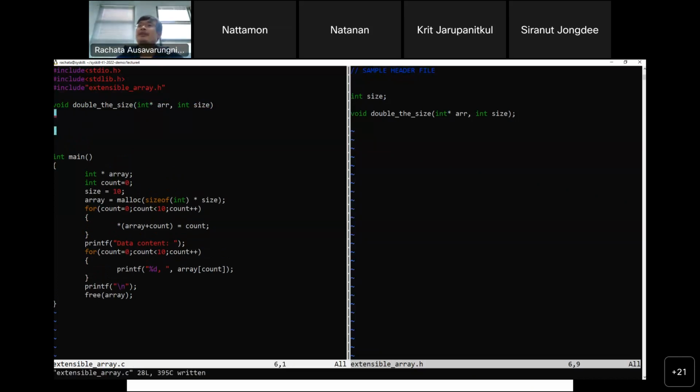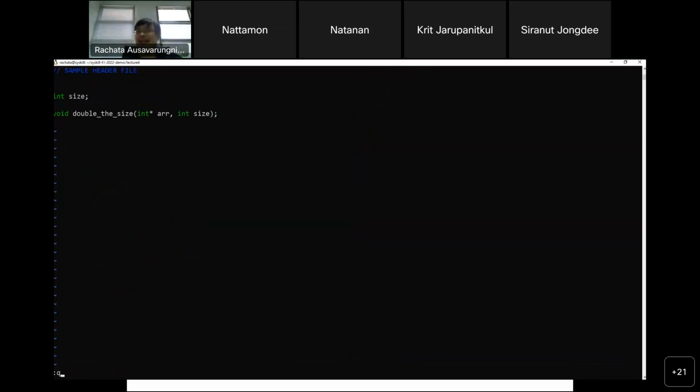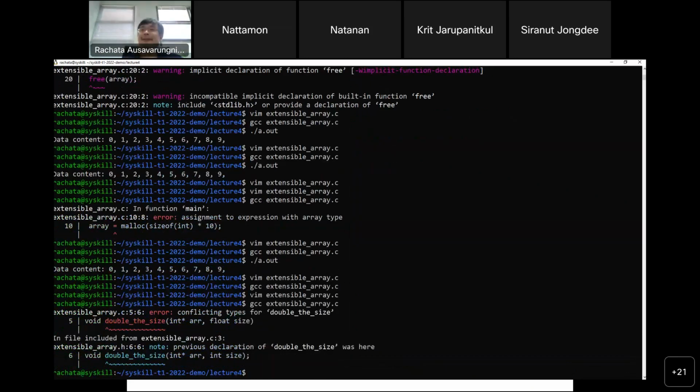So the beauty of this is, let's say you make some mistakes and instead of int you say, I don't know, float. There's a mismatch between the function signature in the header file and the actual function in your file, and it would yell at you, because the header file says that there should be a function called double the size that takes in an integer array and an integer size.